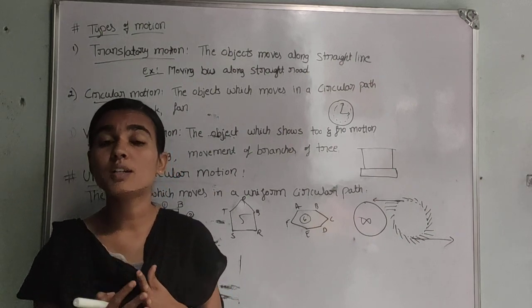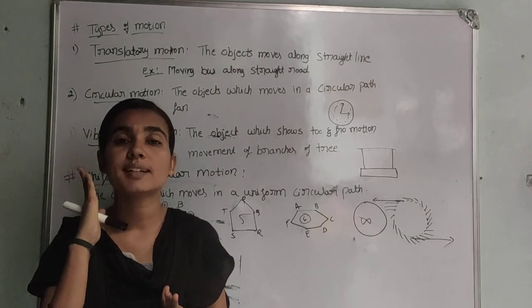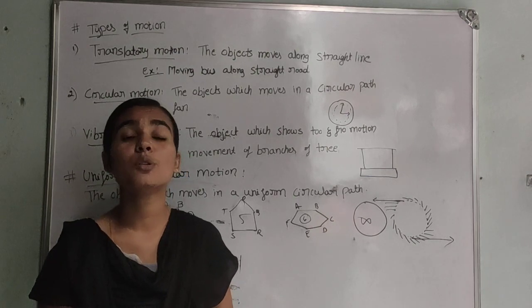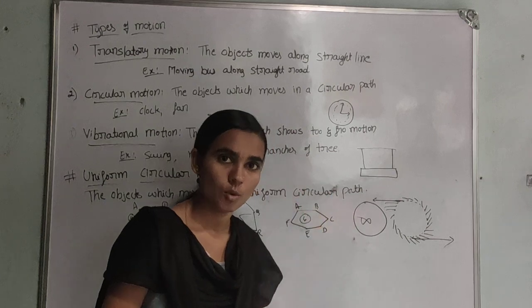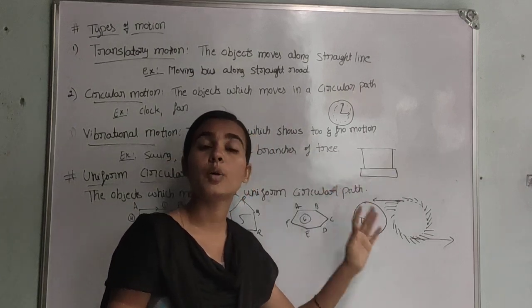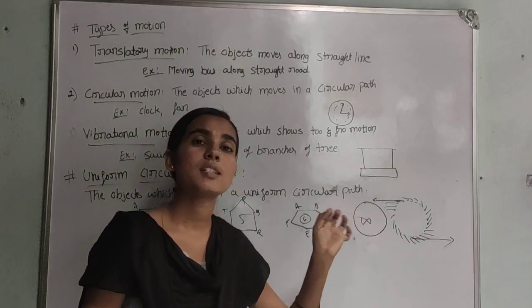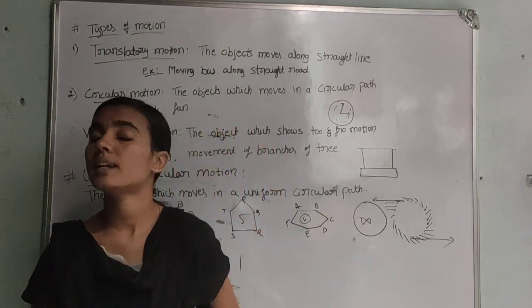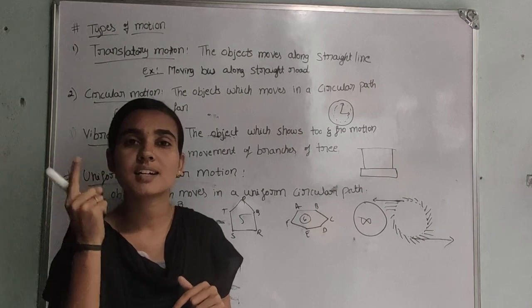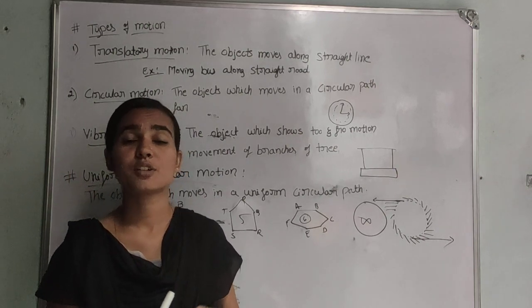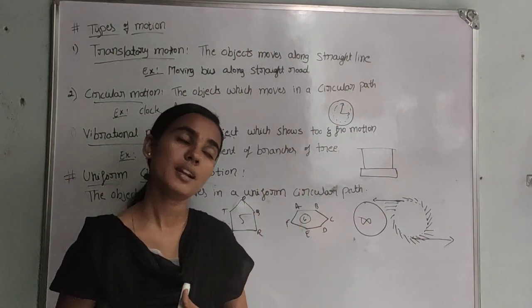So here we can't say how many times the direction of an object changes when the object is under circular motion. So this is very, very important. Why can't we say the direction of motion in a circular path? Because a circular path consists of so many directions. That's why we can't say a particular direction.